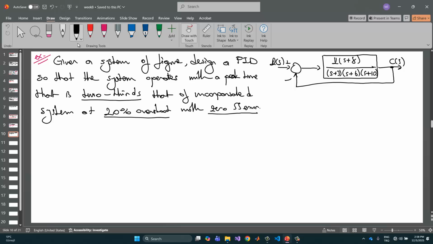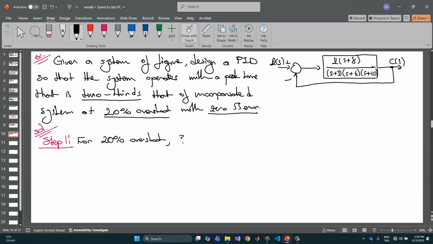Okay? And so, in order to solve this problem, we should write the step 1. At each case, we solve one problem, and step by step solution can be done by using these terms. Okay? And so for 20% overshoot,